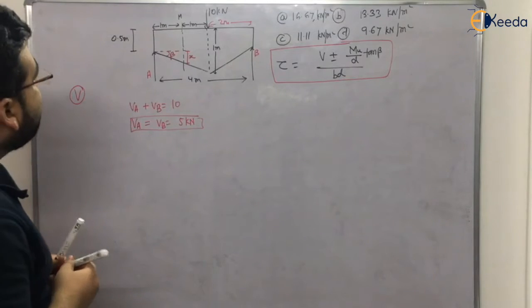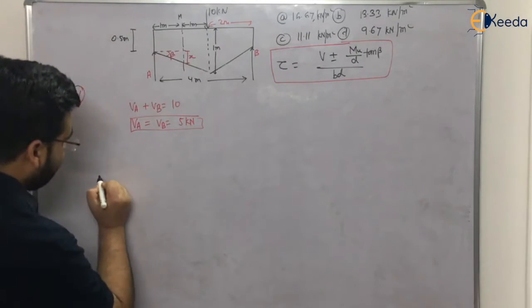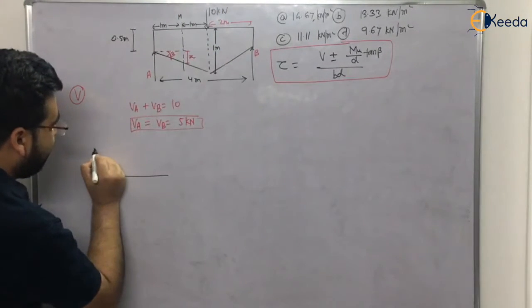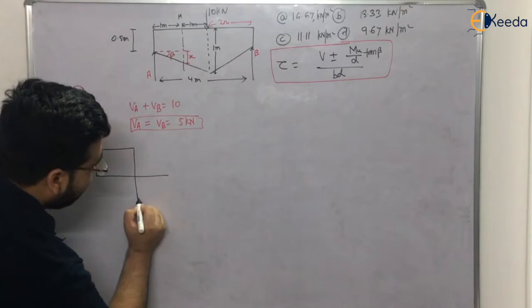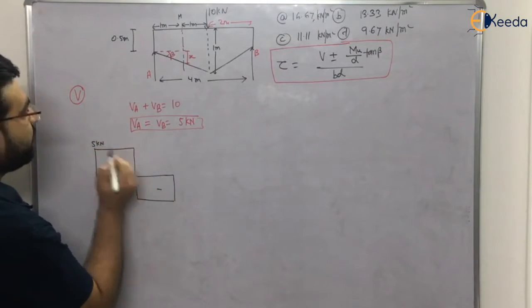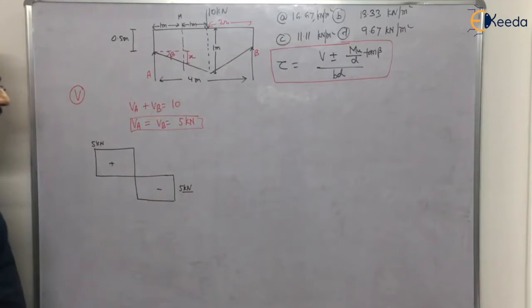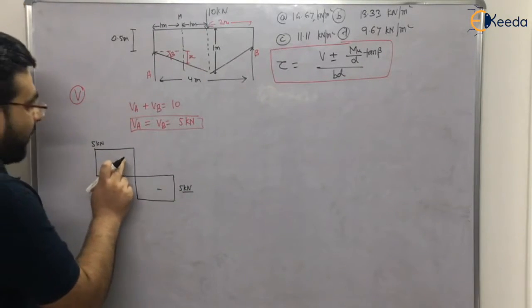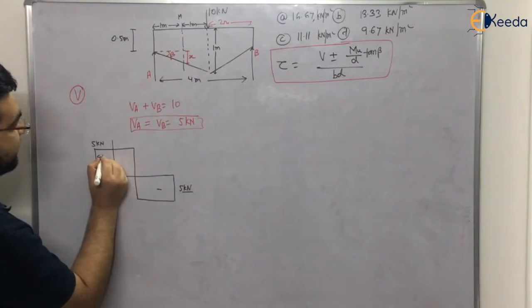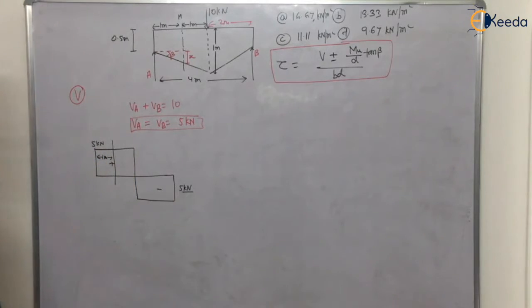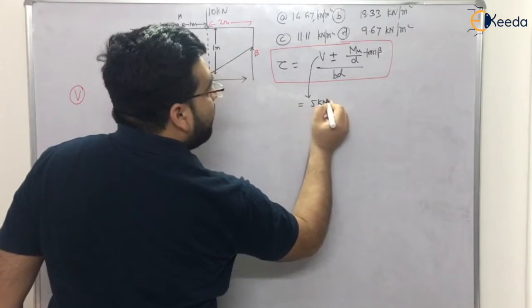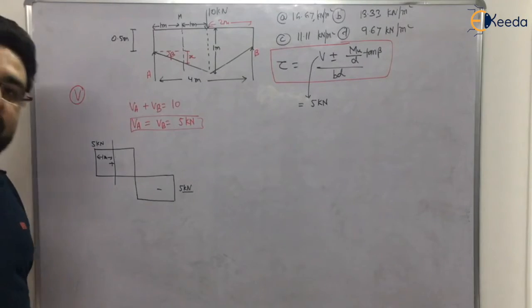Simple symmetrical beam. So here it is 5 at A. At this section minus 10, it will be minus 5. And here it will be 5. So like this, plus 5 kilonewton and minus 5 kilonewton. Simple, right? So what is the shear force at this section, which is at a distance of 1 meter? It is 5 kilonewton. So I can say that this V will be equal to 5 kilonewton. So we have got the first parameter, the shear force.